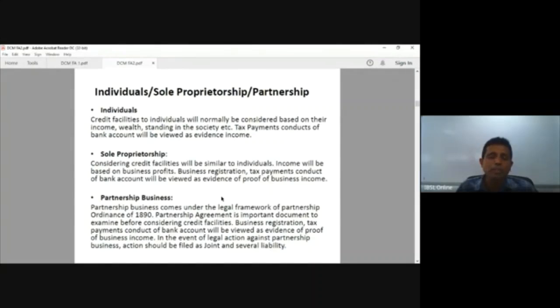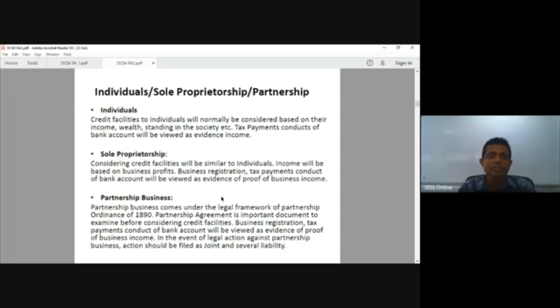But if you take a business like a sole proprietorship or partnership, if they don't maintain records, how could they take good decisions? It is very important that every organization has some kind of accounting. If they don't possess any accounting, that is the end of their business. In the short term they can run, but in the long term there will be definite troubles, like fraudsters in a business organization. In the short term fraudsters can survive, but in the long term it will definitely come to light, right?